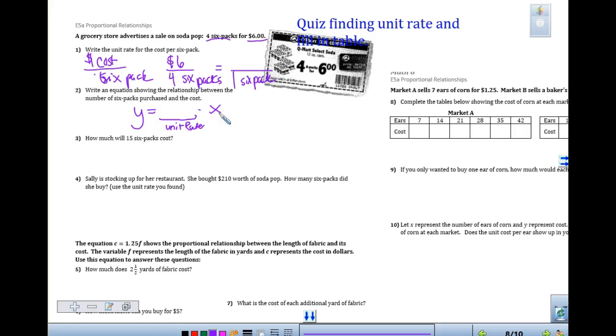Because then it says, well, how about for 15? What if she spends 210? What is the y here? Cost, or is it the 6-packs? What is our y? Y is cost, right? Because y is on top. Cost, x is the number of 6-packs, right? So, those of you that finished